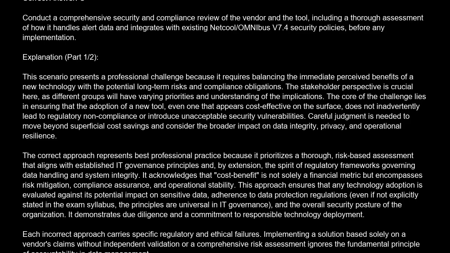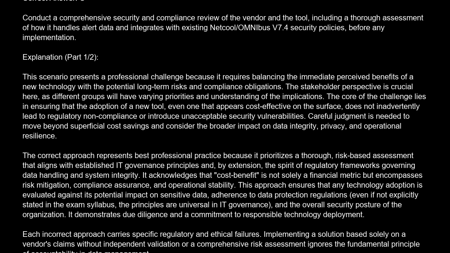Explanation. This scenario presents a professional challenge because it requires balancing the immediate perceived benefits of a new technology with the potential long-term risks and compliance obligations. The stakeholder perspective is crucial here, as different groups will have varying priorities and understanding of the implications. The core of the challenge